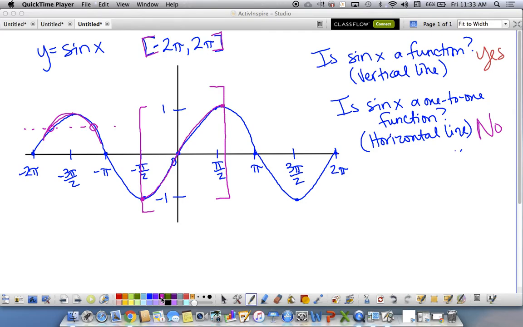So if we broke this function and made our restricted domain be between negative pi over 2 and pi over 2,